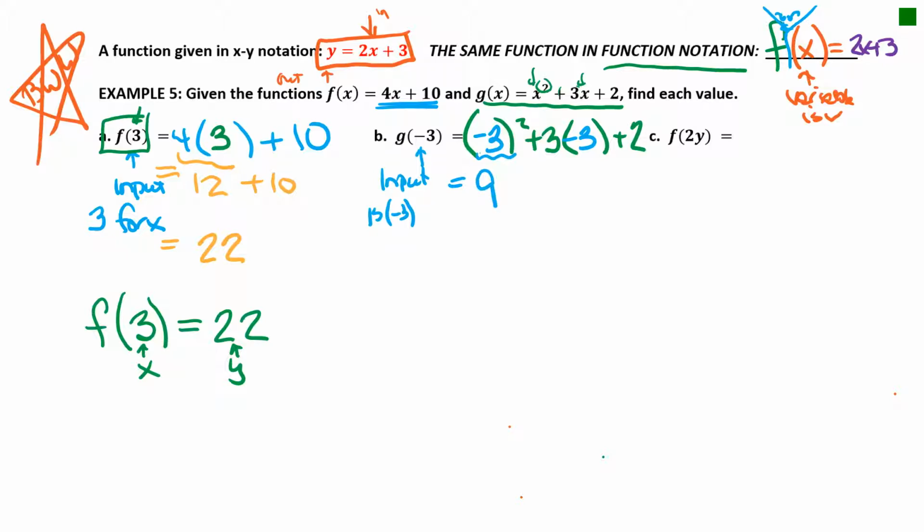-3 times -3 is 9. Then I can add. What's 3 times -3? -9. Then I'm going to put plus 2. So 9 plus -9 is 0. I still have plus 2. 0 plus 2 is 2. Okay,